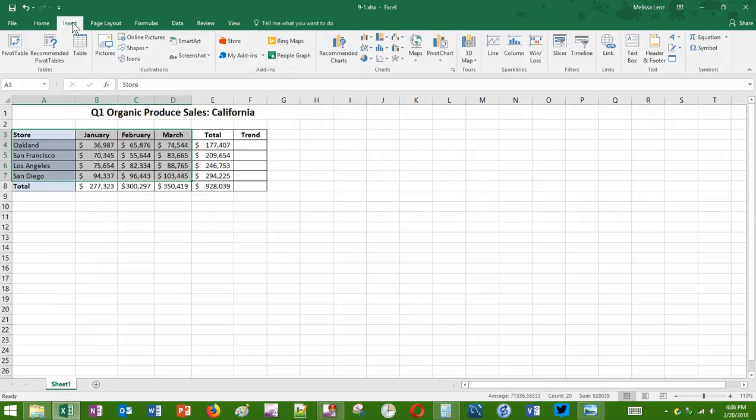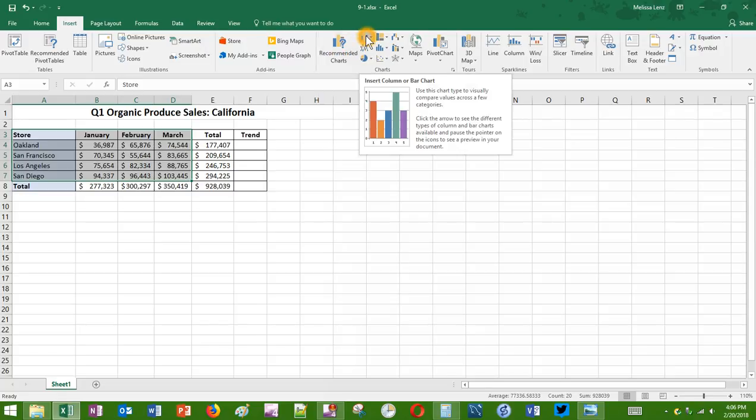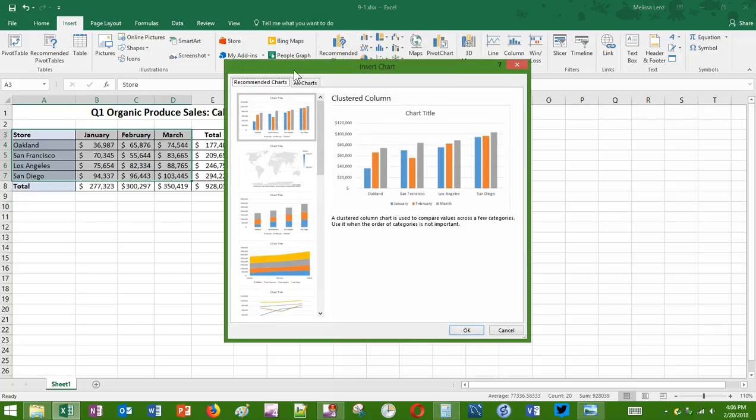Or we could use the Insert tab, and we could choose either the recommended charts, or we could just go straight to the column or the bar chart. I'm going to click on Recommended so that you can see what pops up. With this information selected, this is what we see. It says, okay, this is what your clustered column chart is going to look like. If I click this and say okay, it's going to add it